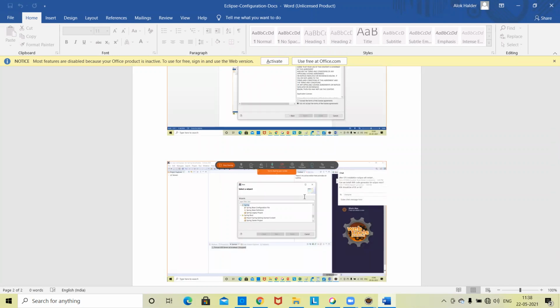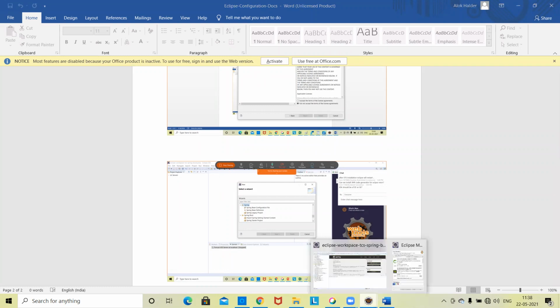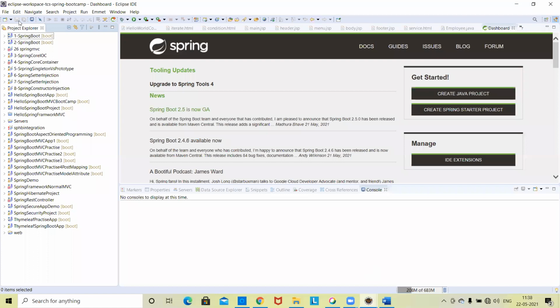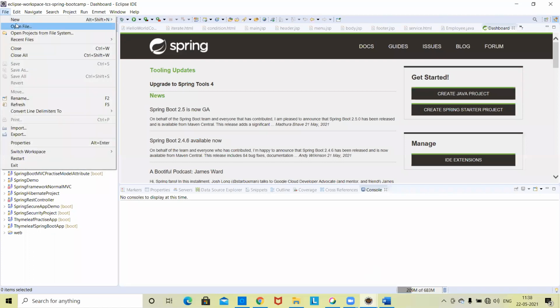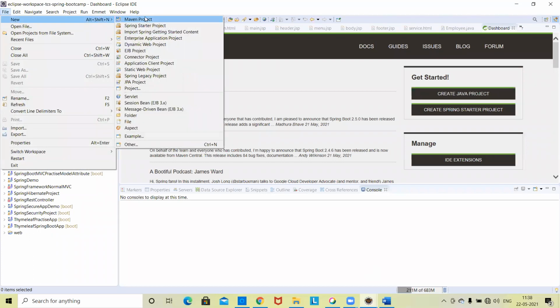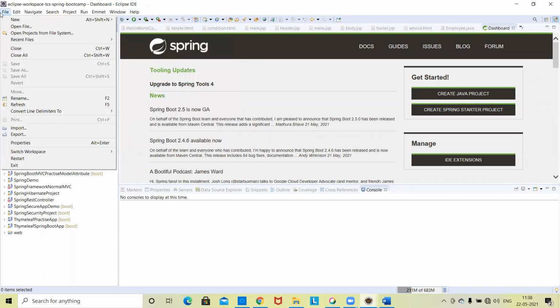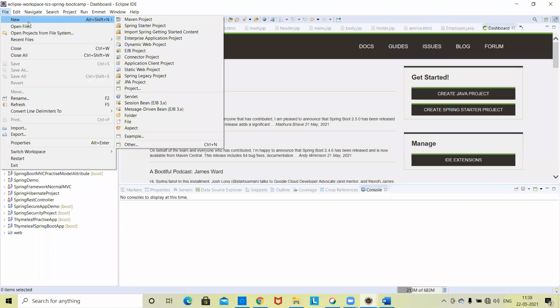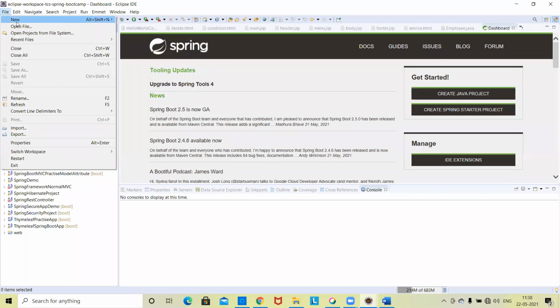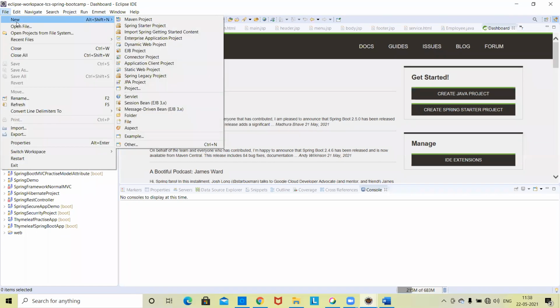After the restart of Eclipse, you will notice that if you go to New, the first time you will not find Spring Starter project here. After installation, I noticed it is showing Spring Starter project, but the first time it will not be shown here.